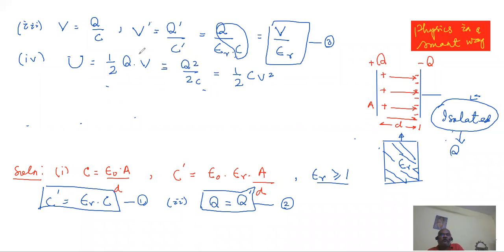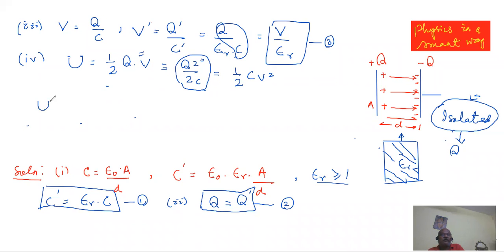So the selection of the formula for a particular question, if there is more than one formula available, should be on the basis that the formula has the minimum number of variables in it, or the maximum number of constants, or maximum number of parameters or physical quantities which do not change. In that way, you can pick the formula half QV or Q square by 2C. It doesn't matter. If we pick the second formula, Q square by 2C, you could have selected half QV, no problem.